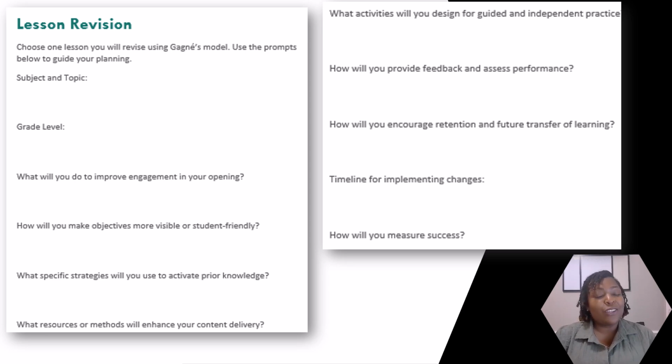Some questions that you will ask is, what will you do to improve engagement in your opening? How will you make objectives more visible or student friendly? What specific strategies will you use to activate prior knowledge? And even what resources or methods will enhance your content delivery? Next, in revising your lesson, you can ask yourself,